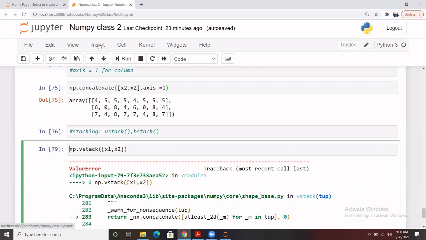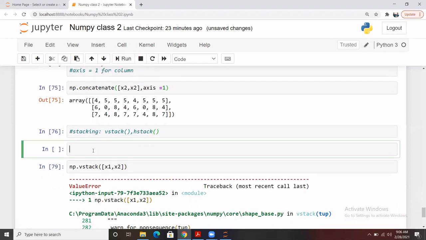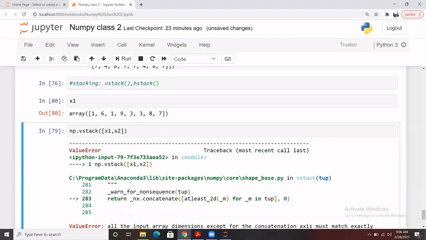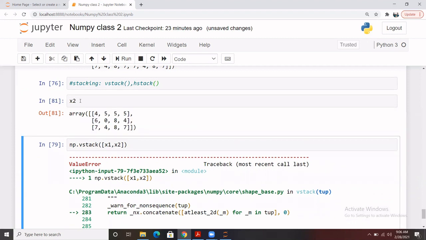In x1 the total number of records we have is 8, and in x2 we have 3 rows and 4 columns. Let's say you want to stack it vertically, so you should have exactly 4 columns to stack vertically. You cannot stack 8 records onto 4.